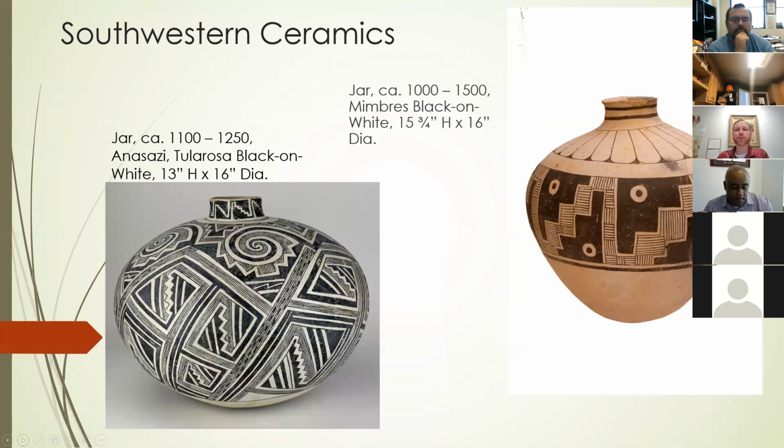Okay, now to move over to the southwestern United States for a bit, our Southwestern ceramics collection. Our founders were very interested in the pottery of the Southwest and began collecting fairly early on. And what you see here are two examples of prehistoric Southwestern pottery, both from the Four Corners area of the